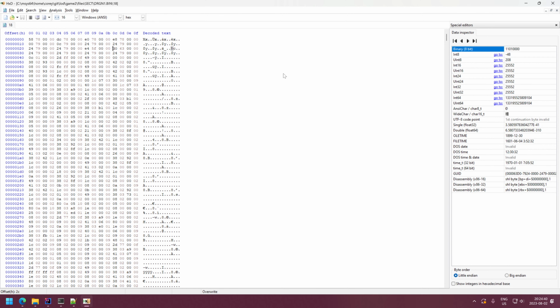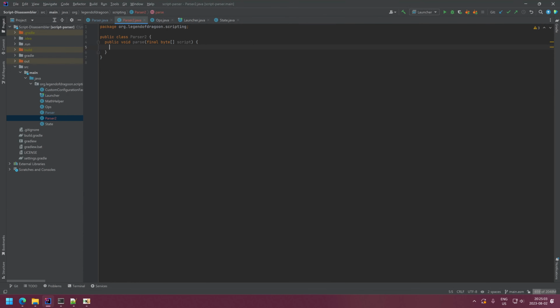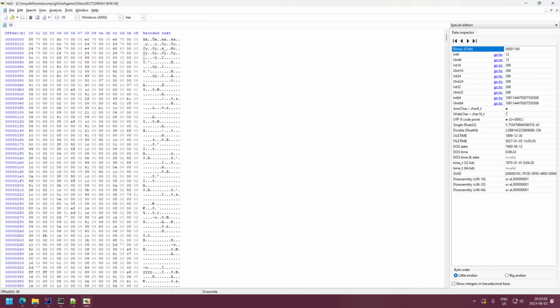We can't just look for numbers that are out of order. Because, for example, this entry point is after this one, but it is smaller. We might need to,